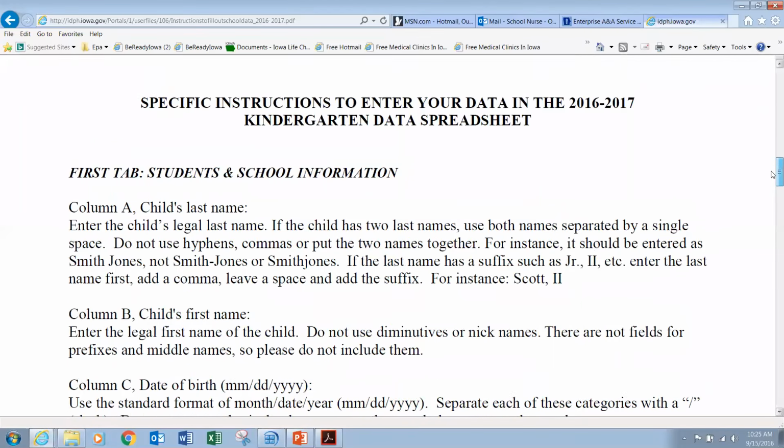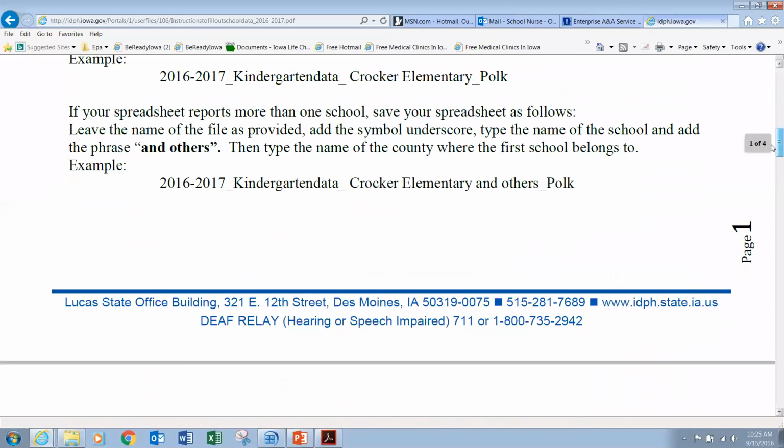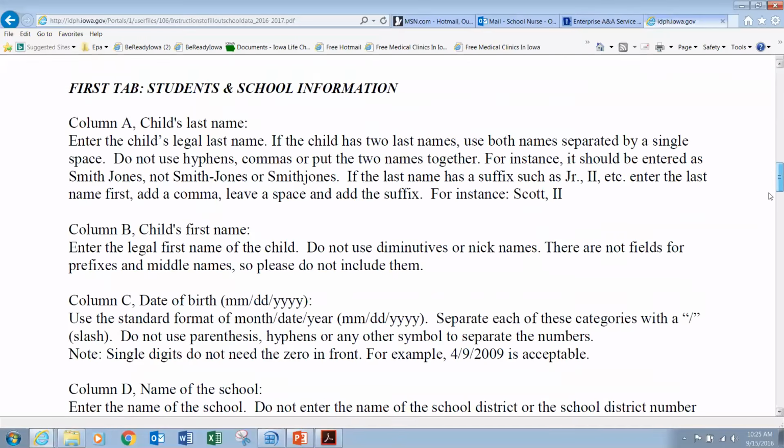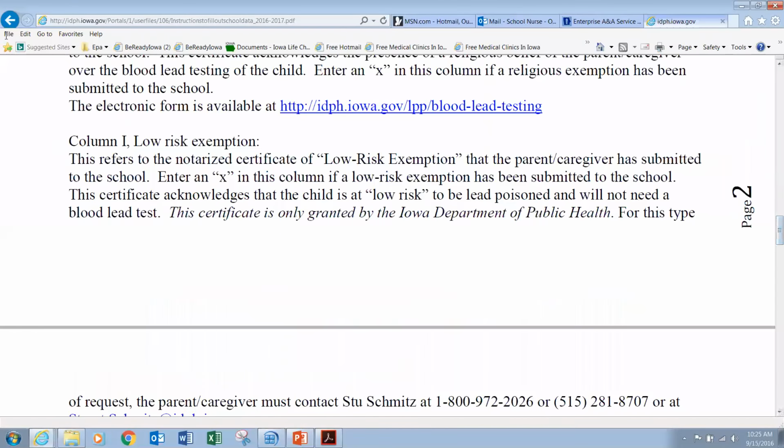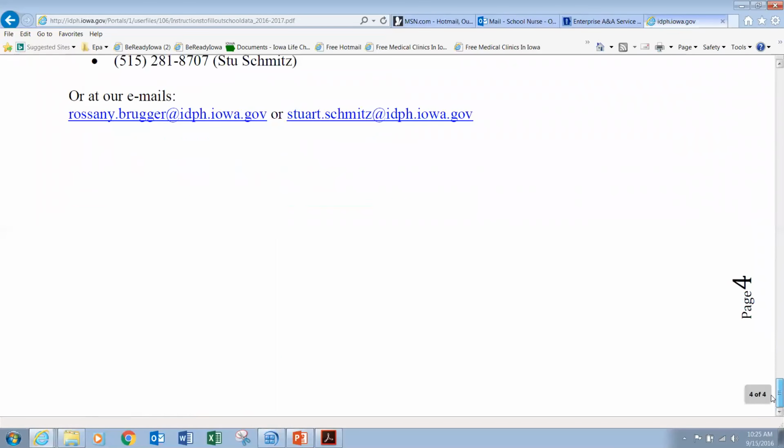I just realized that, so we will immediately change these instructions, because I believed we had given the right one, but it's not this one. So we will definitely put that up immediately after we are done with this webinar.